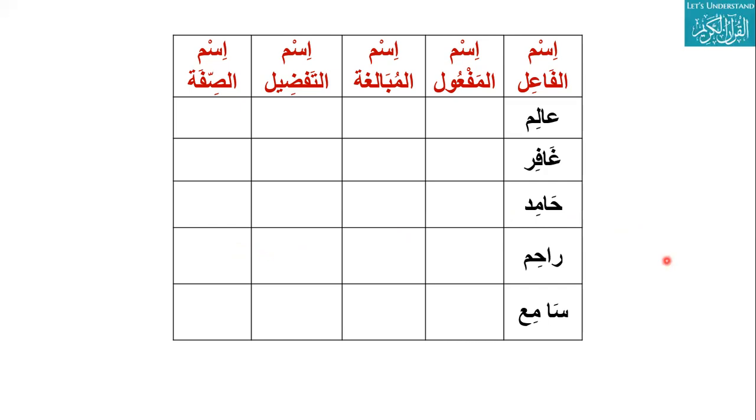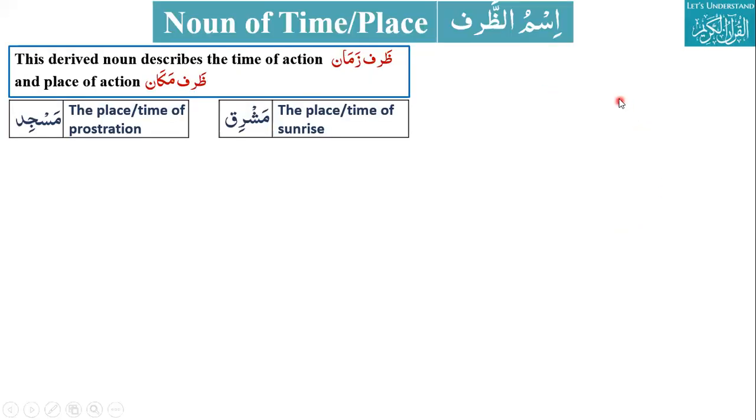Today, inshallah, we are going to cover Ismu Zarf. Ismu Zarf is also a derived noun, one of the small mushtaqa. You know the Ismul Fa'il, Ismul Maf'ul, and Ismul Masdar; these are also small mushtaqa. We don't cover this in detail because we have already learned them in our